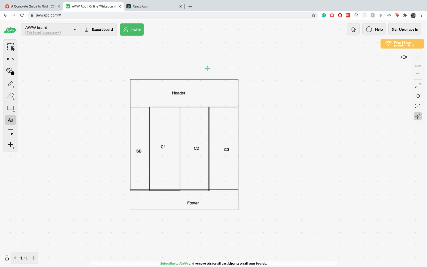with CSS Grid. In front of me, I have a very simple template that I'm trying to build, which is the top section is going to be a header. There is going to be a sidebar, the content 1, content 2, content 3, and in the end, we are going to have a footer. And this whole page is going to take up the entire viewport, and let's see how we can get started